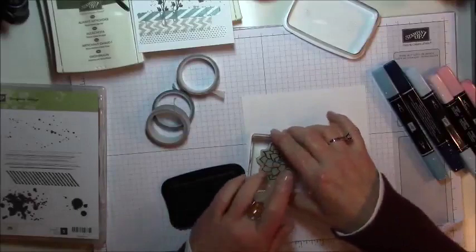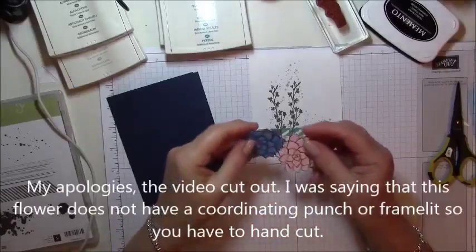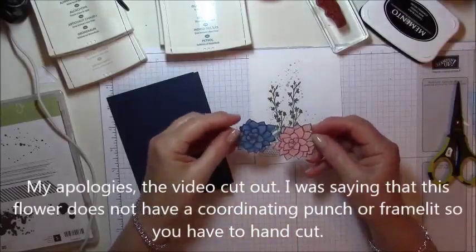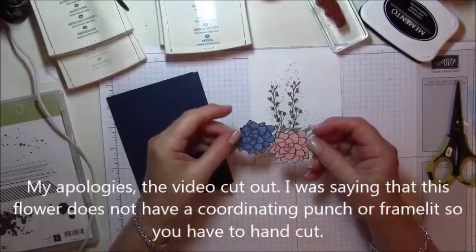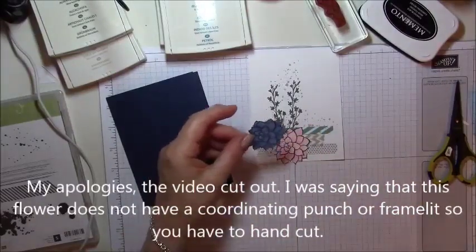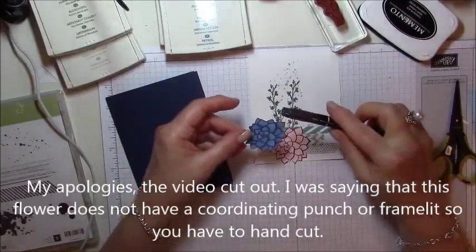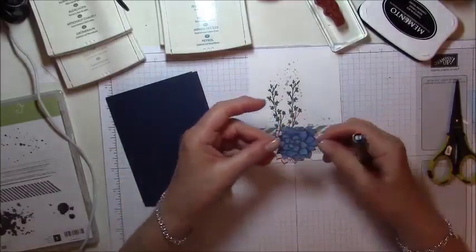Now, unfortunately, this particular stamp does not. So I've cut out these flowers. It didn't take me too long. And I want to show you kind of a cool tip. If, when you're cutting out your flowers, you have a few white spaces along the edges, what I like to